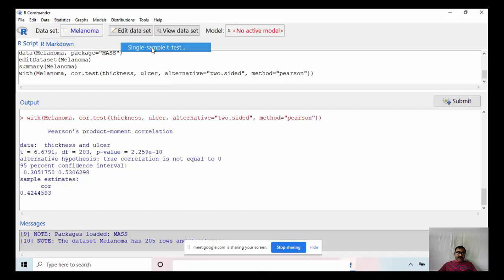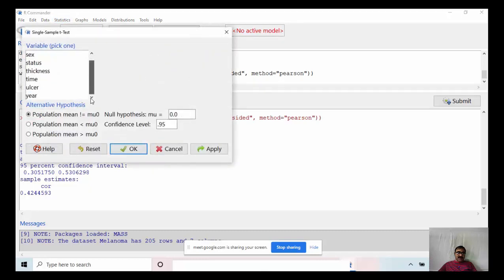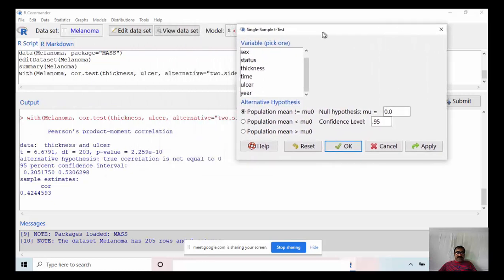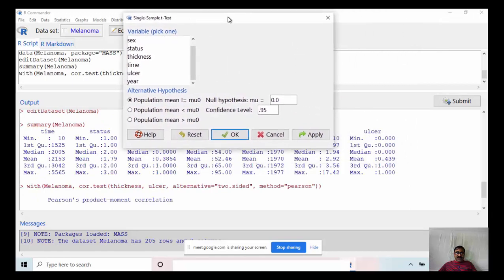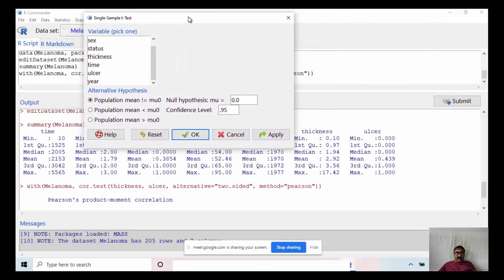Suppose we choose a variable here. Suppose I choose thickness. I want to verify whether this average thickness is equal to 3 or not. This is the thickness of the layer. This is the data relating to some patients having ulcer, and this is the thickness and the ulcer.